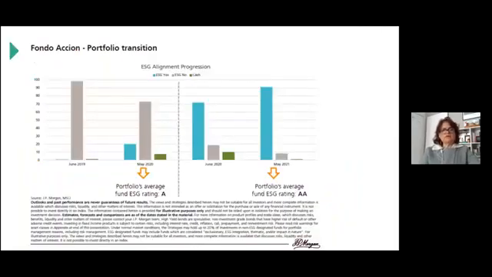And this is a description of how it has evolved. So in June 2019, we had mainly non-ESG tools and vehicles. And then, I don't know if you see my pointer, but a year after, we had made interesting progress, rating now on an ESG rating A for environmental, social, and governance criteria. And now you can see the evolution of our portfolio to May of this year, with basically most of our